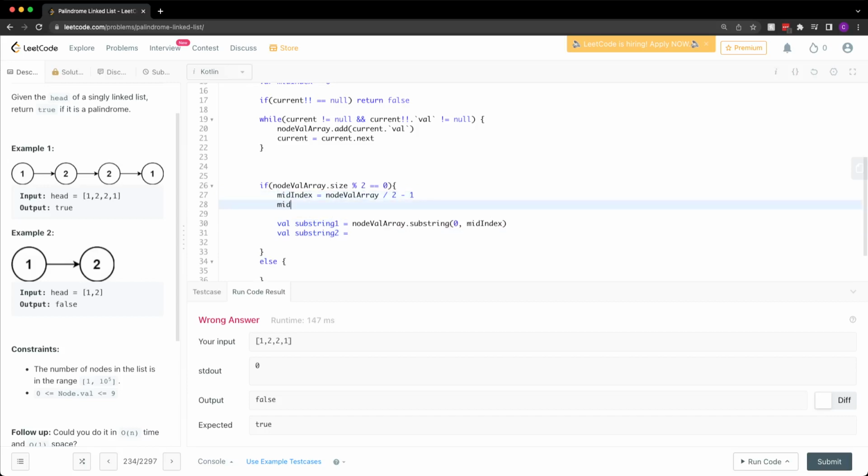Let's do mid index 2 is equal to this same thing, but not the -1. We actually want to go to index number 2. So we'll make this a, and this is not the most efficient, I know, a list of int, and then